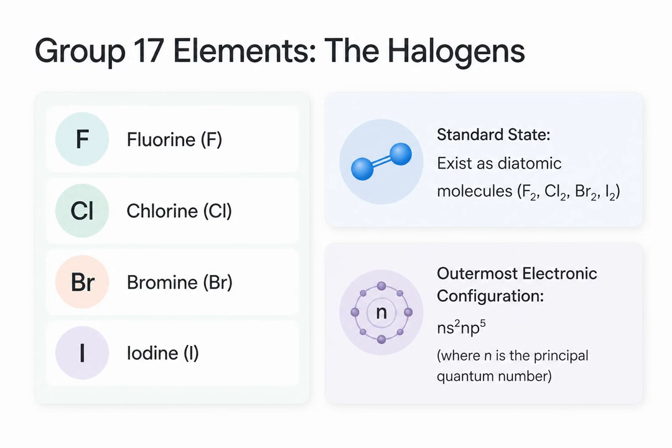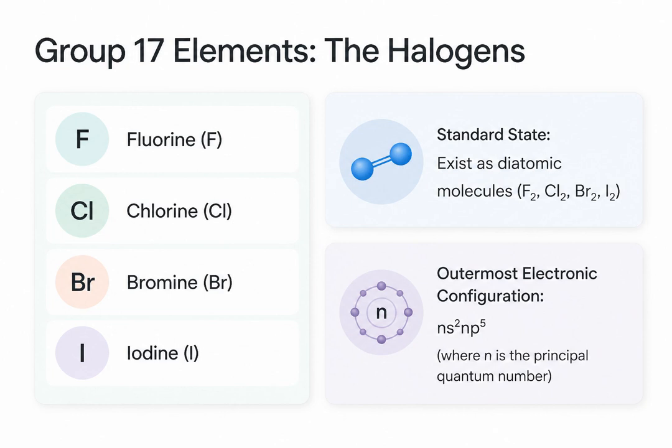Welcome to our lecture on Group 17 elements, commonly known as the halogens. In this first part of our series, we will explore the fascinating world of fluorine, chlorine, bromine, and iodine. These elements naturally exist as diatomic molecules and share a general outermost electronic structure of ns2-np5, which drives their unique